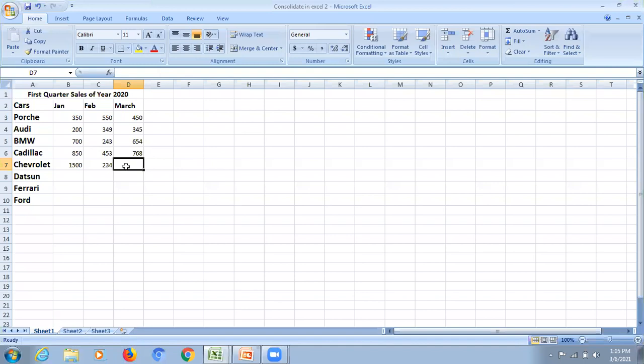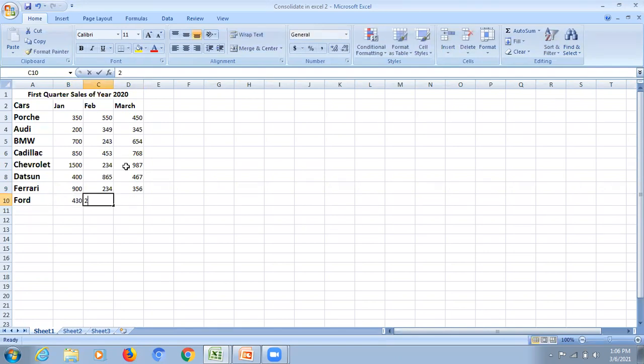So here I am entering the data. This is how we will enter the data.